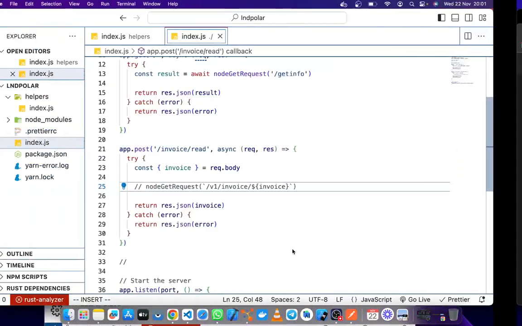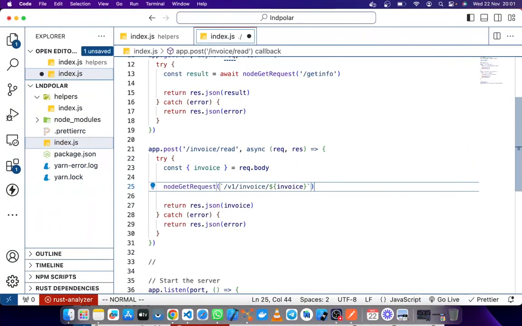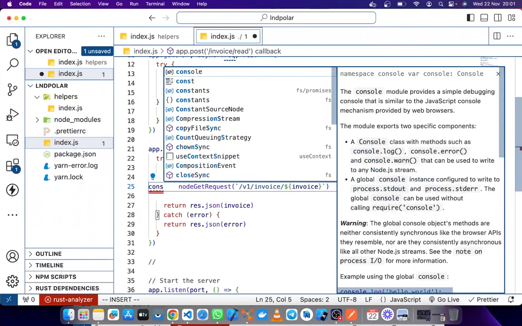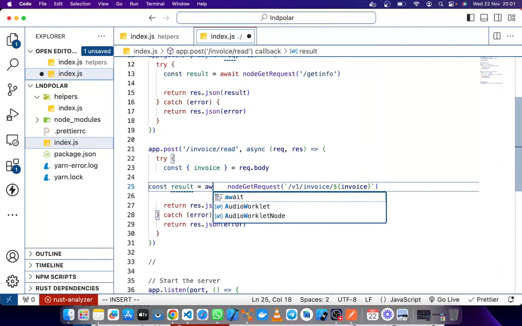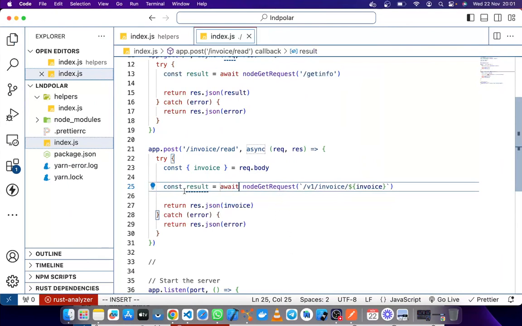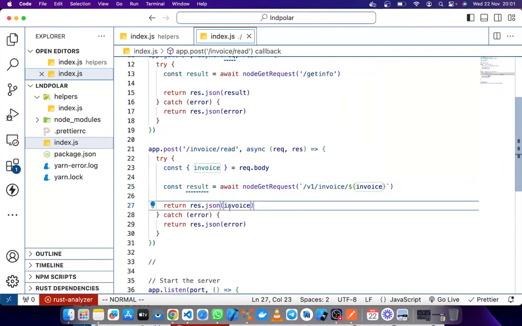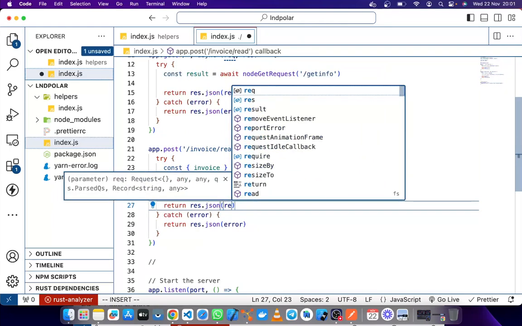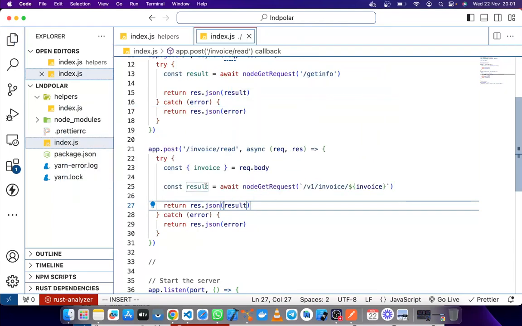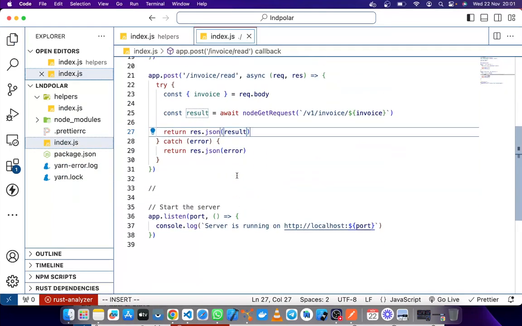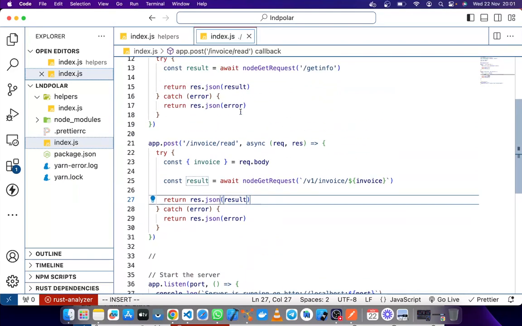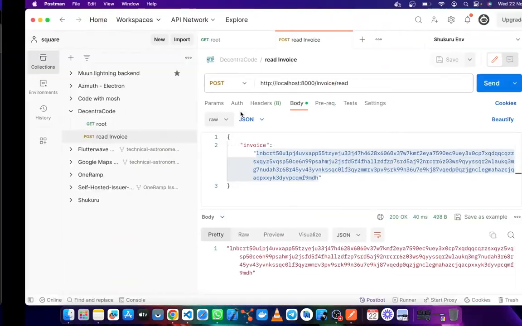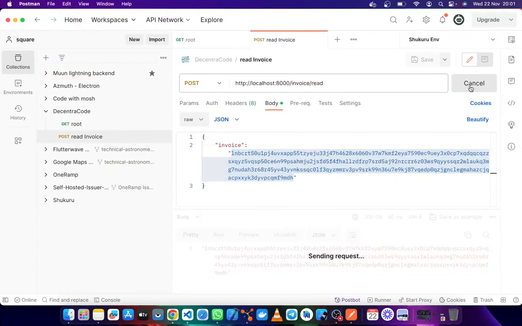Yes, it's coming through. So let me try to pass it through and see what happens. So I'll get that, put it in an await, and spit out the result here. Okay. Everything looks okay. We've got the node. The endpoint looks fine. And let's try and see that.